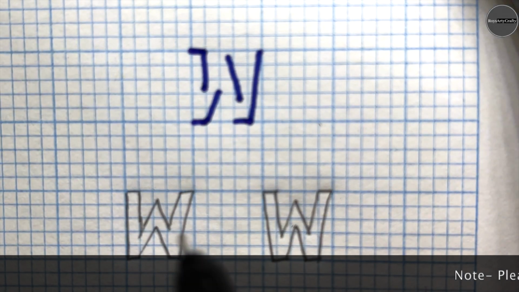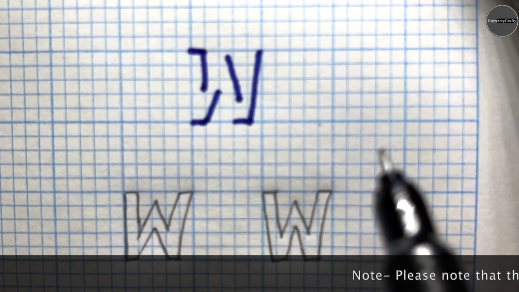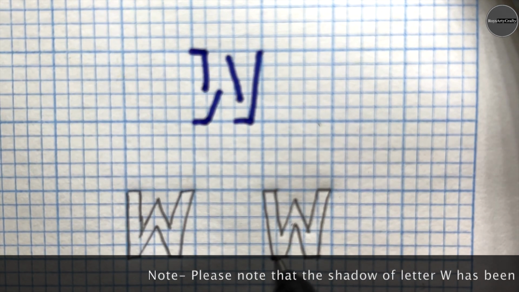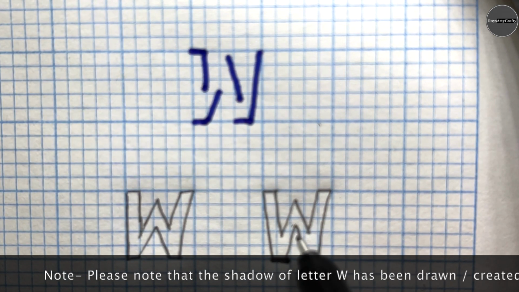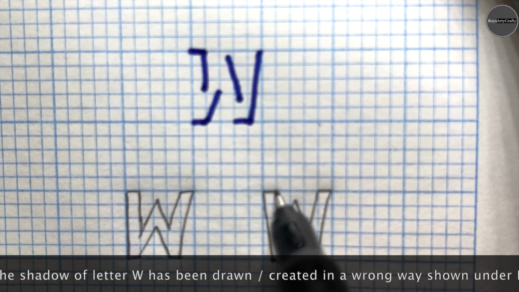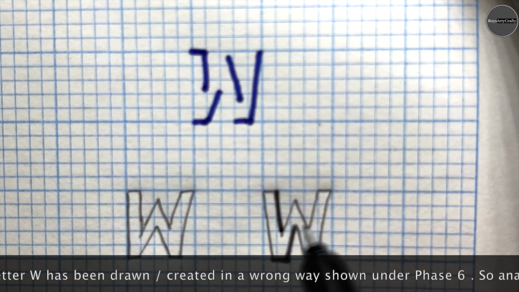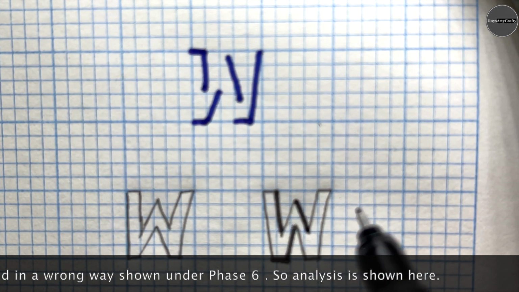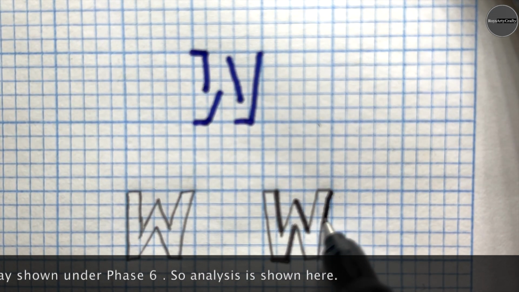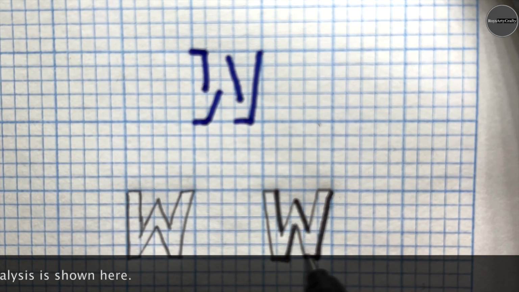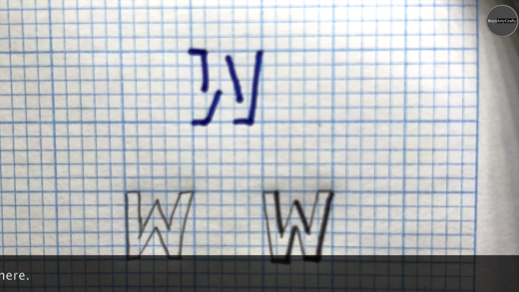So the letter W has been created or written in a wrong way with the shadows. So we'll try to analyze the same letter. The initial left part of the W has been created considering the letter to start or have a straight structure, like attaching to the walls or attaching all the 5 blocks on the left side,